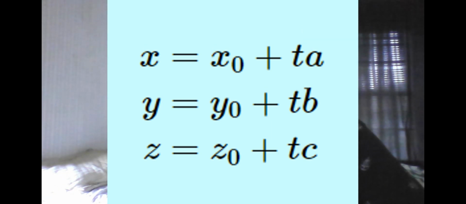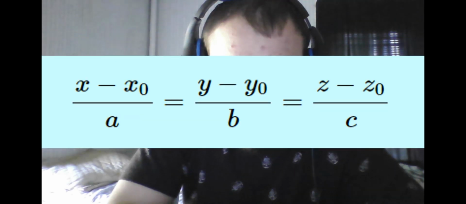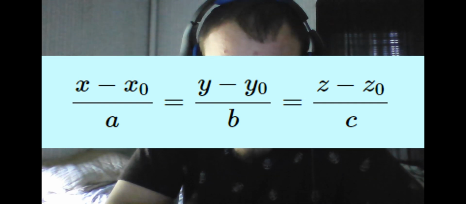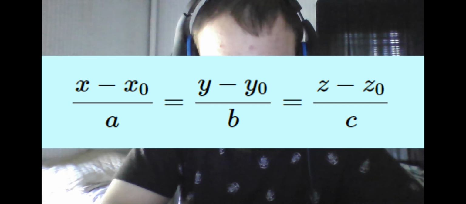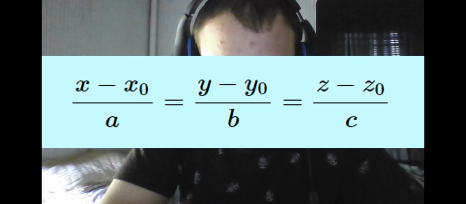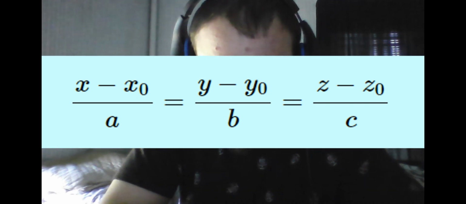The final type of notation is written like this. It comes from subtracting the beginning point from the final point of each component, and seeing that when we divide by the components of the vector we are adding, we get t equal to these things at the same time. So in conclusion, they must also be equal relative to each other. And this is called the symmetric form of the equation of lines, as a reference to the equality or symmetry